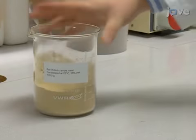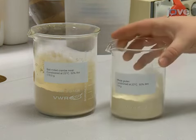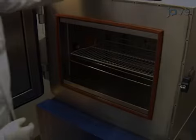Before further processing, place the ball-milled Crambe meal and wheat gluten powder into open jars and condition them in a